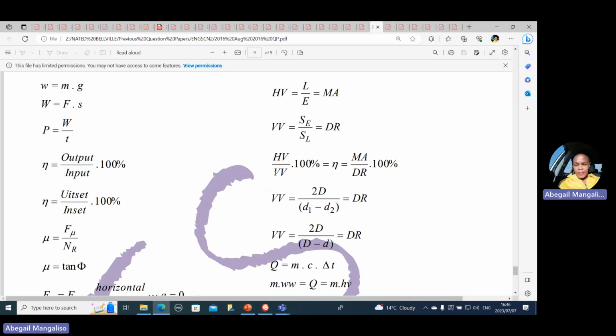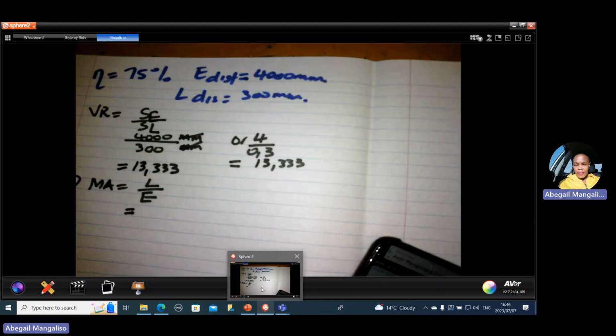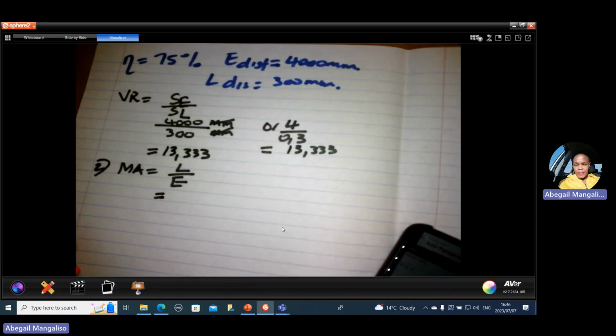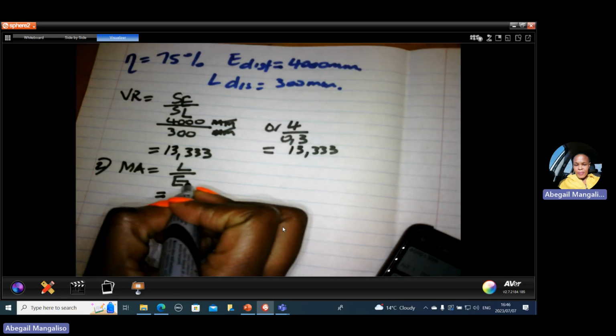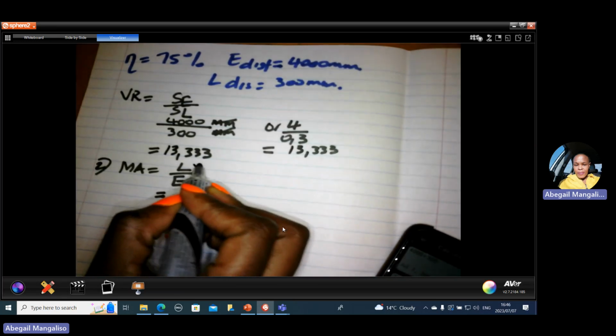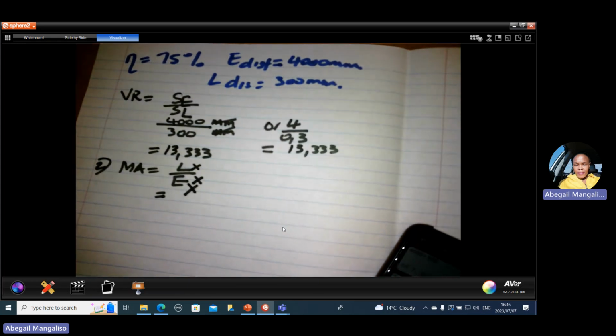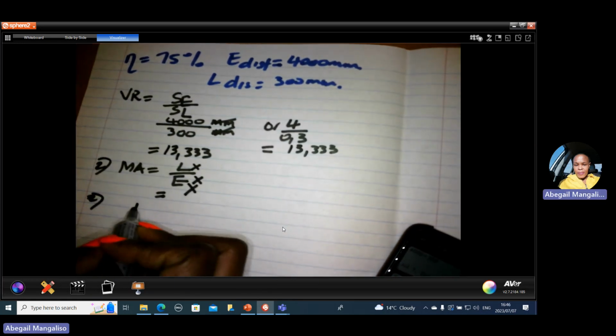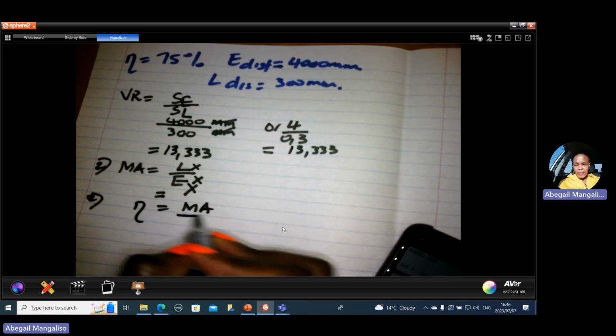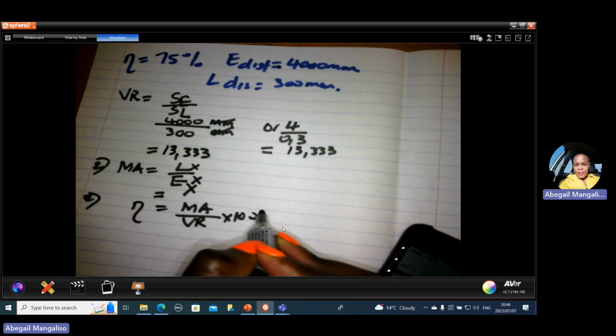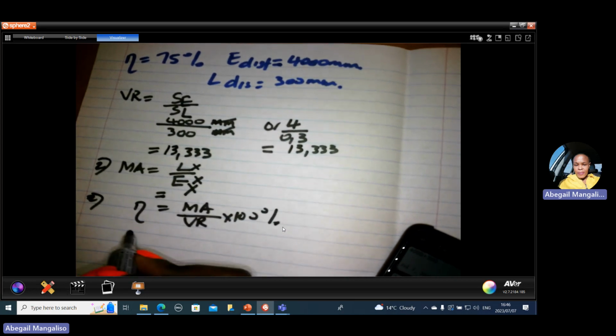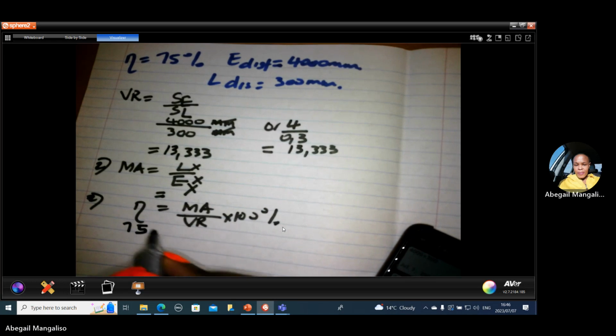So let's have a look at this. The formula that has efficiency and mechanical advantage is this one. So you use the formula that has the given as well as the unknown. This one is out because load is not given, effort is also not given. The formula that has the given is efficiency is equal to MA over VR multiplied by 100%. So efficiency is given as 75%, equal to MA, which is the unknown, over velocity ratio, which is